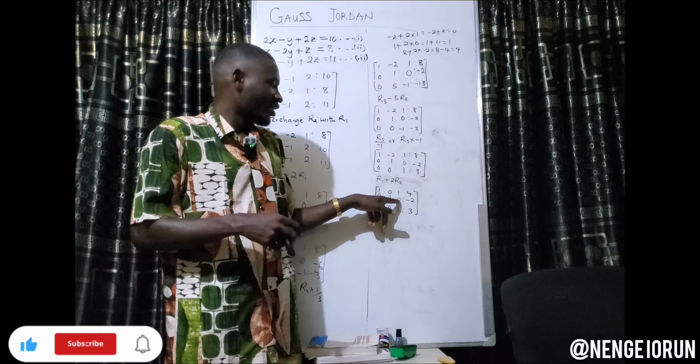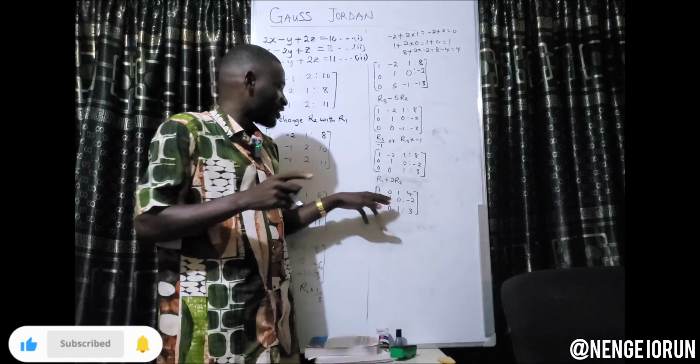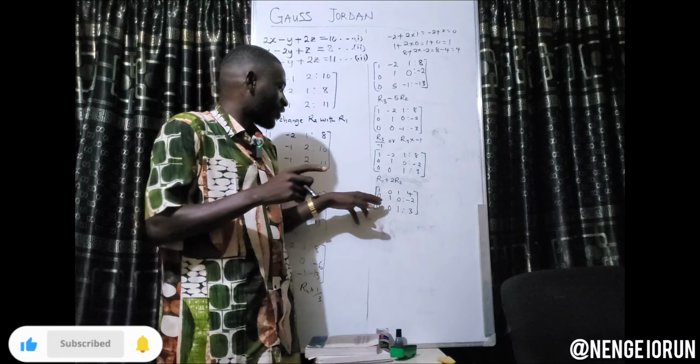Row 2 is 0. It will still give you 1. So it cannot play through. You will say that row 1 minus row 3. Because we don't have to multiply anything here. Because if we multiply anything with 1, 1 times 1 is still 1. So you just say that row 1 minus row 3